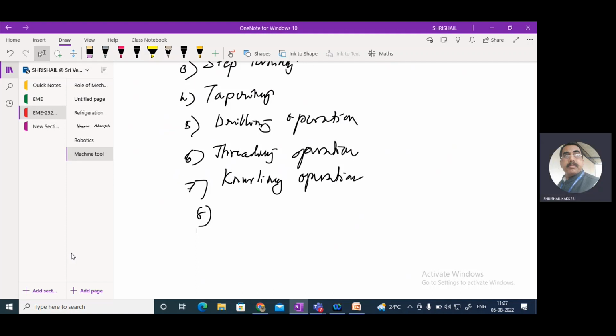The chuck is rotated at required speed. Okay, this is the common thing. The chuck is rotated at required speed. What required speed? If it is a threading operation, for that